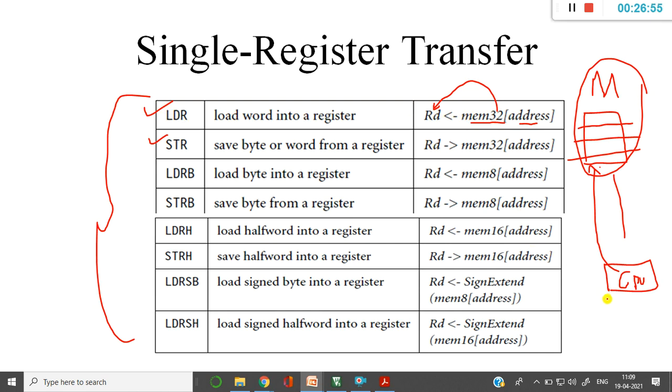So LDR, see, always the processor is the one who performs the job, right? Now with respect to the processor you should say whether it is a load or store. I need to fetch the data that is present in my memory to the R0 register. And what will this operation be? I am loading the data to the processor, right? So that is what we call a load.